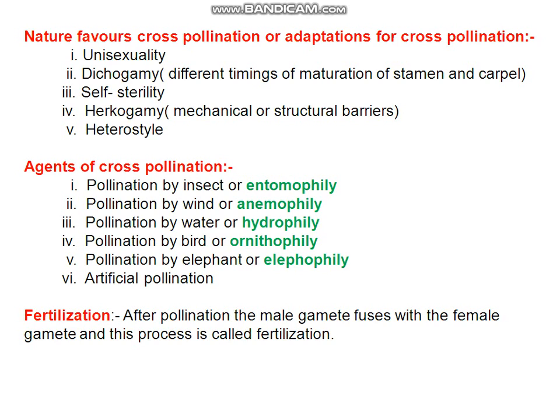They have only one option, cross-pollination. For example, number one, unisexuality. That means if the plant is unisexual, then pollination can occur only by cross-pollination. There is no chance of self-pollination, as the plant or the flower contains only one reproductive part, either stamen or carpel. That is why the flowers are